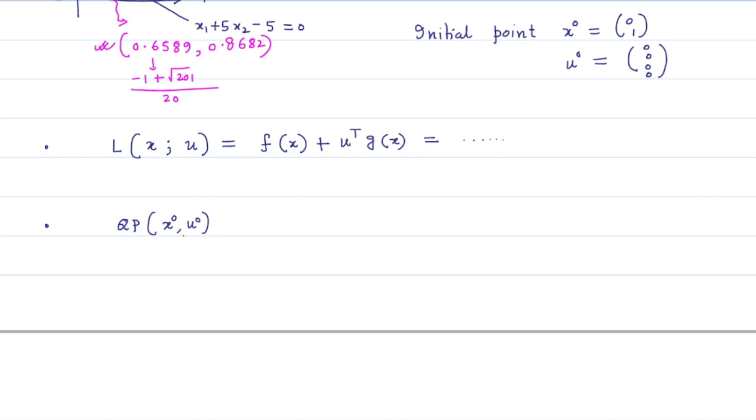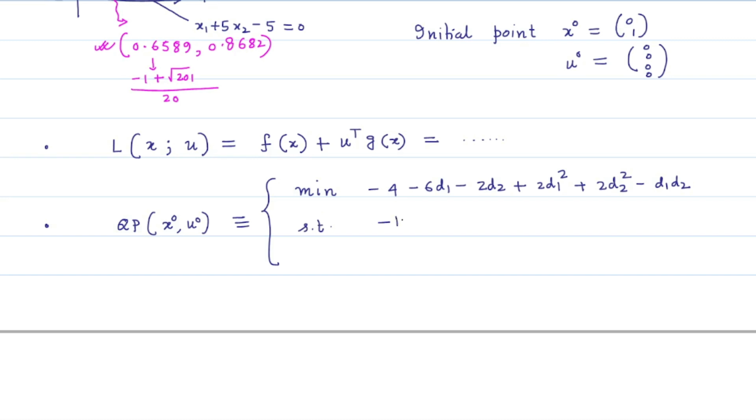You plug the value of u naught over here in this expression and accordingly you will get the expression of Lx with the given value of u equal to u naught, and accordingly you will find that this quadratic programming problem at the point x naught u naught is minimization of, you please check this expression, minus 4 minus 6 d1 minus 2 d2 plus 2 d1 square plus 2 d2 square minus d1 d2